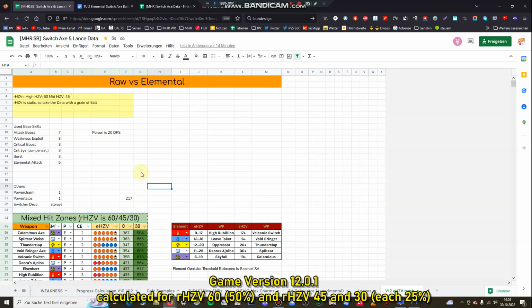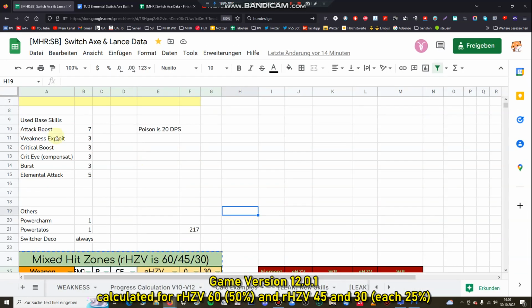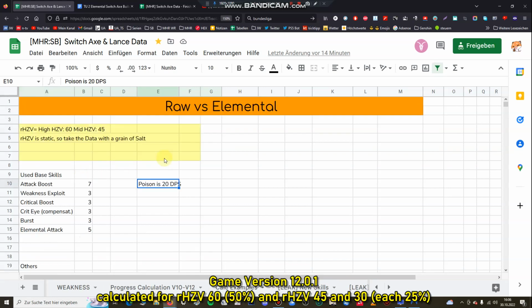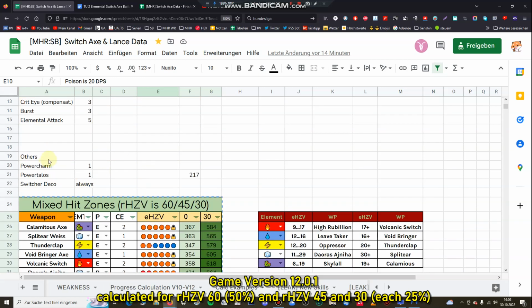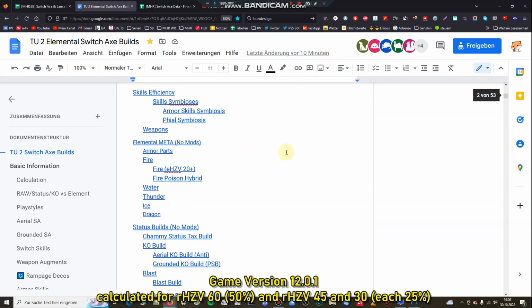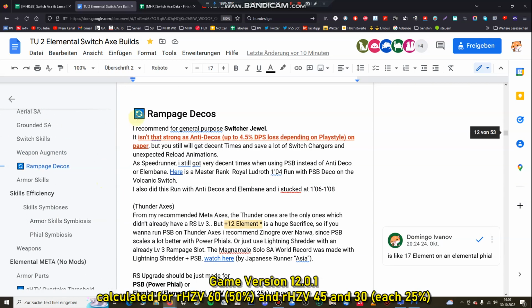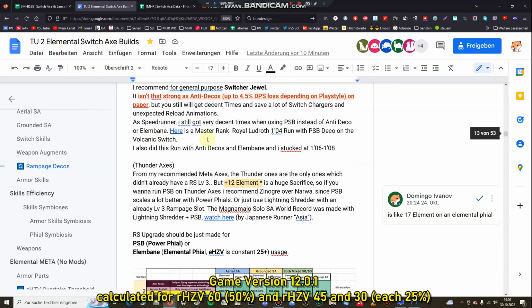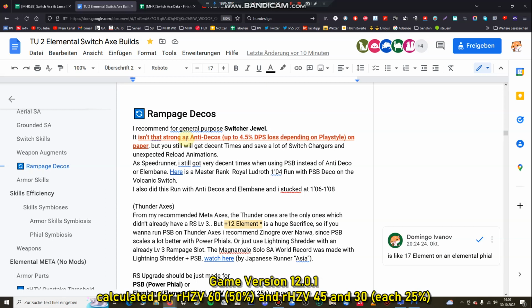First of all, I want to show you how I calculated all this stuff. On every matchup I use the base skills: attack boost 7, WEX 3, critical boost 3, burst 3 and elemental attack 5. I also included poison and blast with my new blast calculator. Also, I needed power charm, power talons, and also the switcher deco. I previously explained on my spreadsheet here that this symbol means it is updated now, and I wrote an article here that it does a little bit less DPS, but is a great quality of life improvement, and you should use switcher tool on